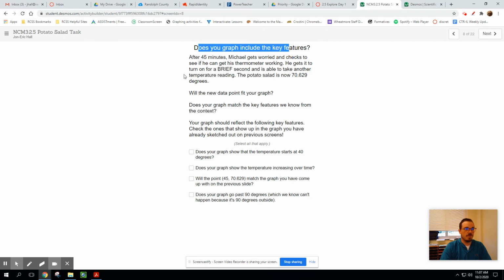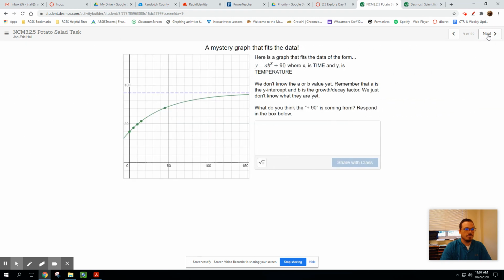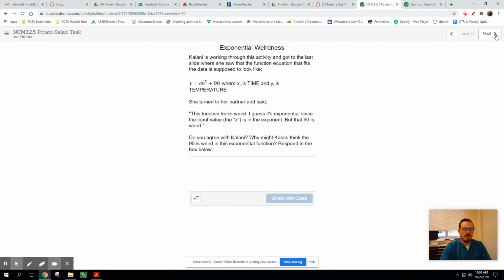Does your graph include key features? So you're going to select which one you think includes the key features. Looking here, right? What is this? A mystery graph that fits the data. So you're looking, what's that plus 90 coming from? Respond to what you can see. Maybe I'll go back through and help you out here. But I would like